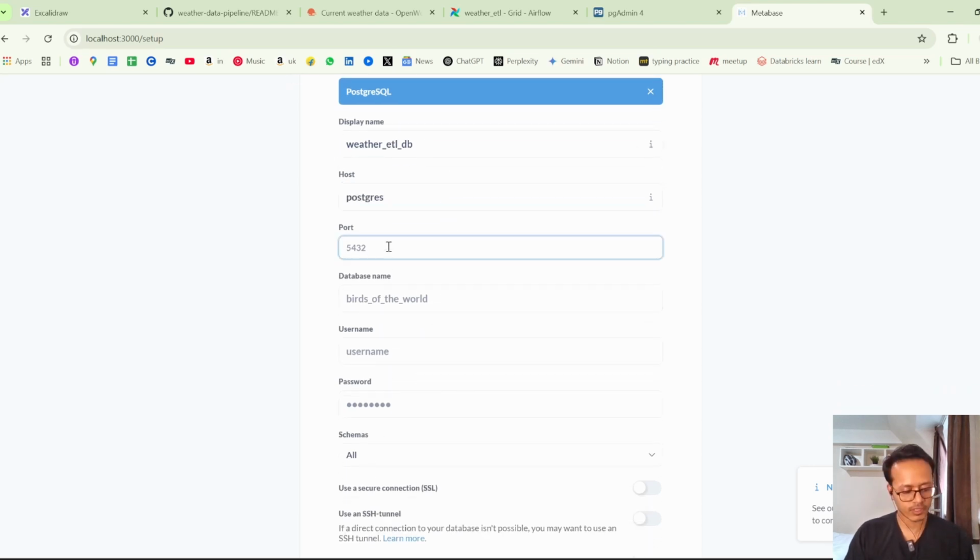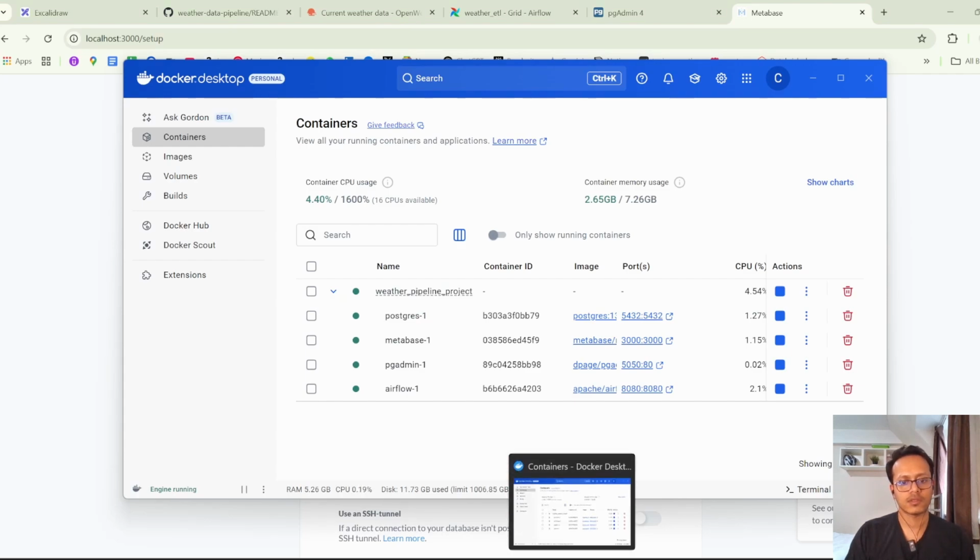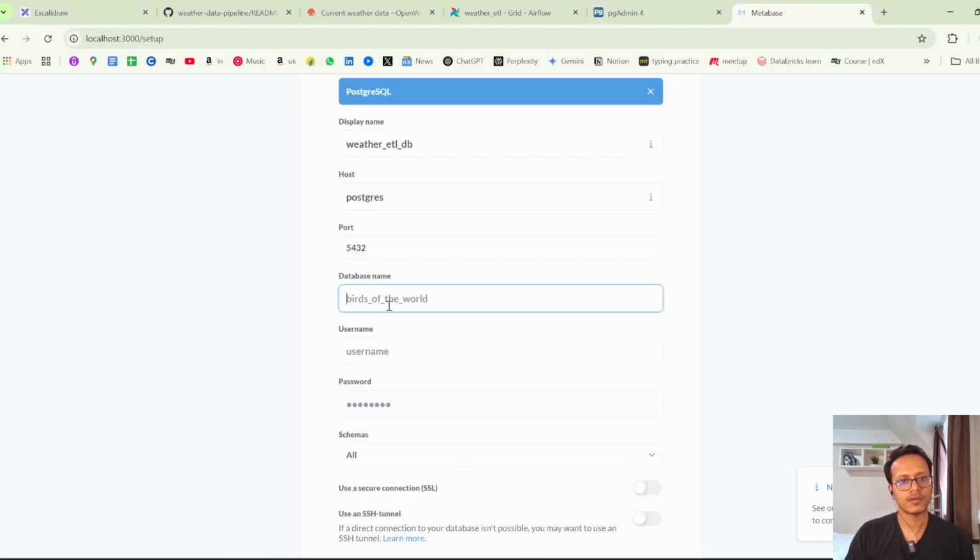Okay, the port will be default, that is 5432. That is for Postgres. If you go and see here, for Postgres we gave the port as 5432. So that's the thing we need to give in here. In here, the database name is WeatherDB. That's the one we have created in here, and the username will be,